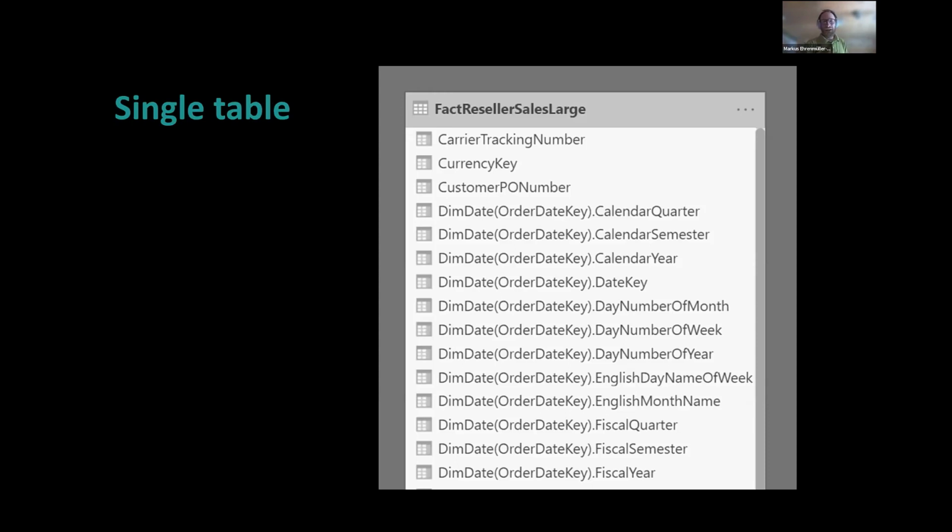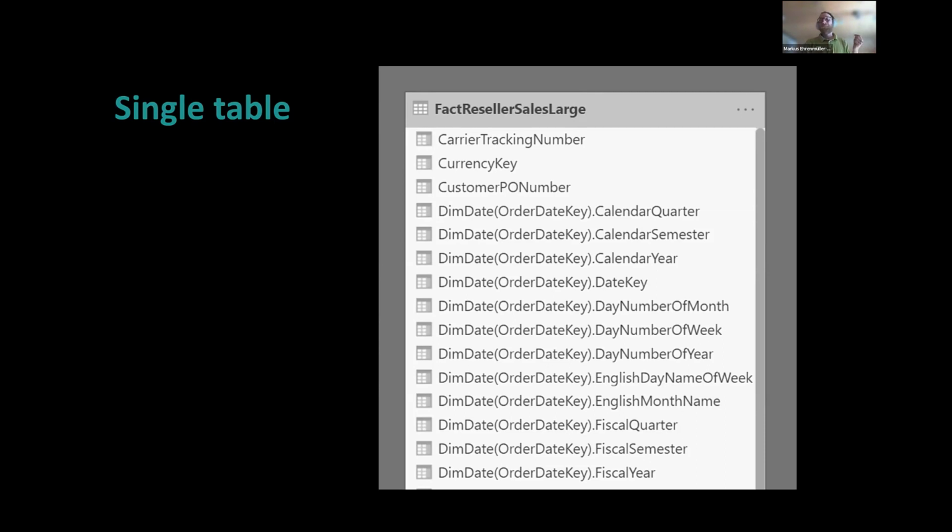In this view, we get all the column names underneath each other, but this would mean that I have one table, the fact reseller sales table, and I made all the attributes I'm interested in part of this fact reseller sales table. So everything from my date table, the quarter, the semester, I just put in one single table. So it's a really wide table. And for Power BI, you should avoid this. There are other tools on the market, like Tableau I think, where you have to come up with a single table, not with Power BI. So this is a real distinguishing thing.